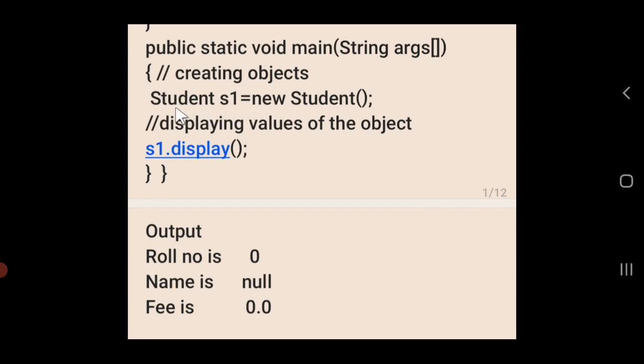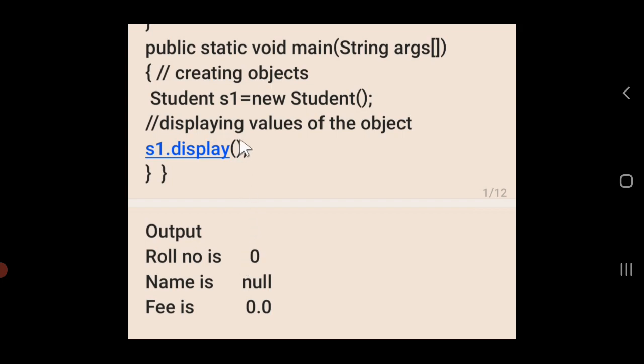The rest of the alphabets are in small letters or lowercase, so all the other alphabets except S are in small letters. All right. And the role is clear to us: it is there to initialize the data members of an object with some proper value. Is that clear to everyone?